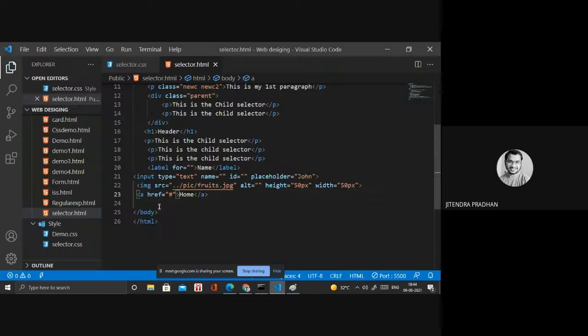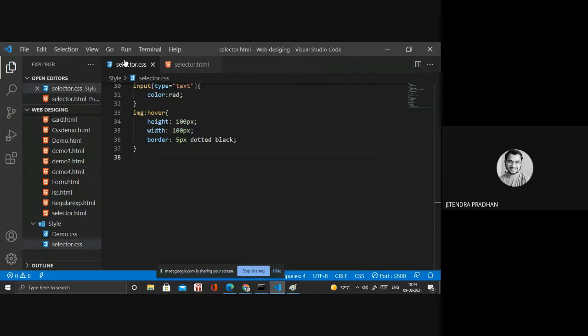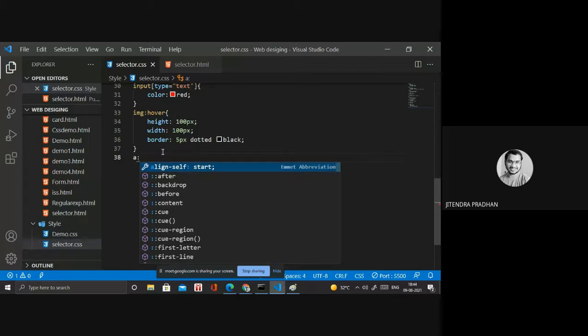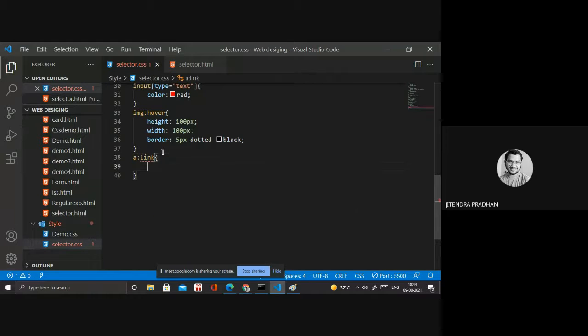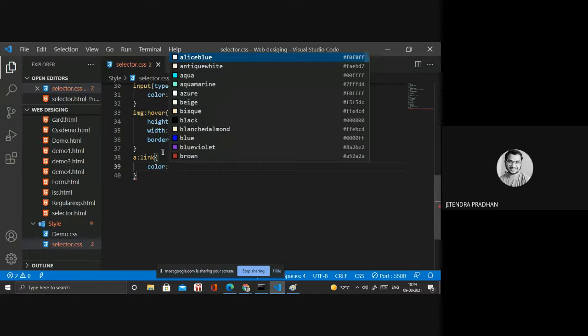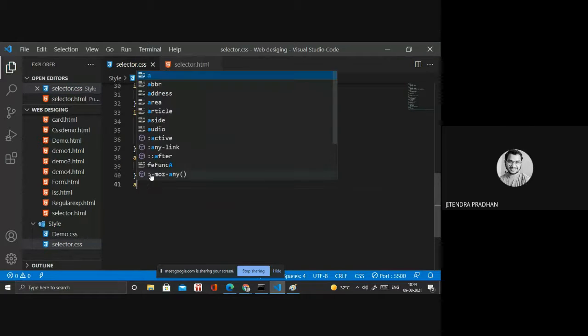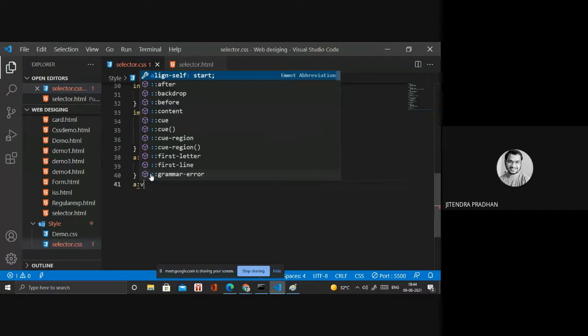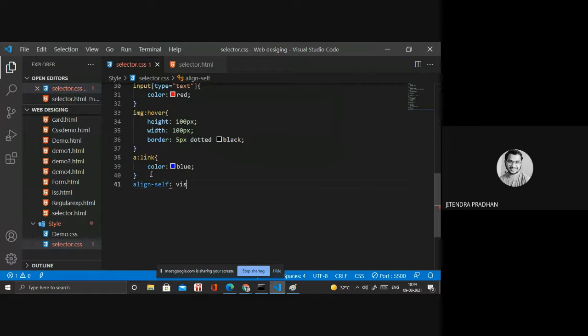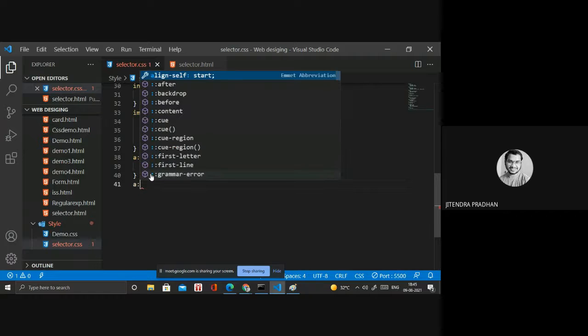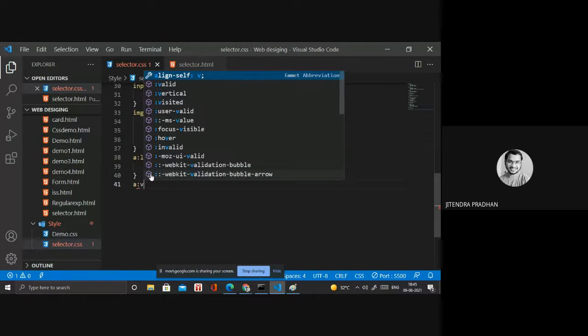Let's see. A is my tag. Inside that A, we have link. The link will show a particular color. Color will be blue. And a visited: when I visit that particular anchor tag, it will be shown in a different color.